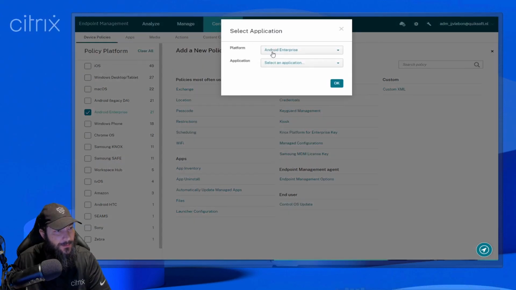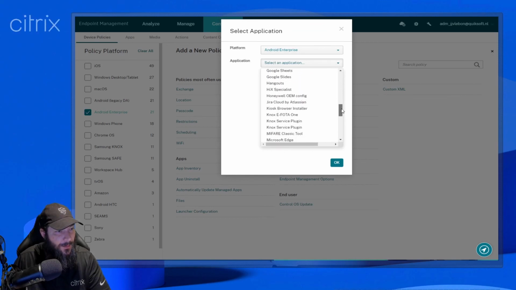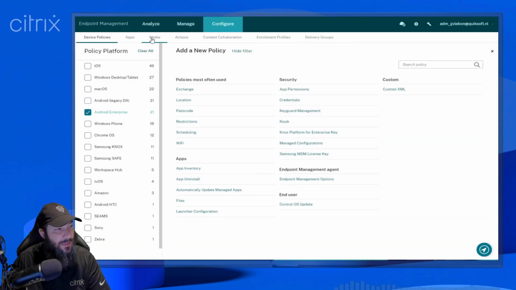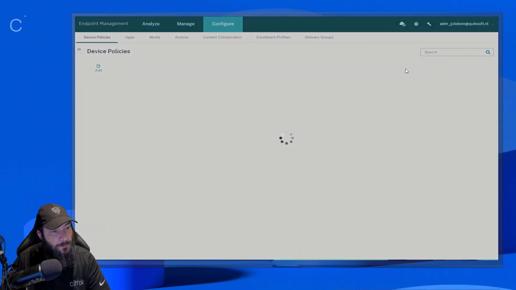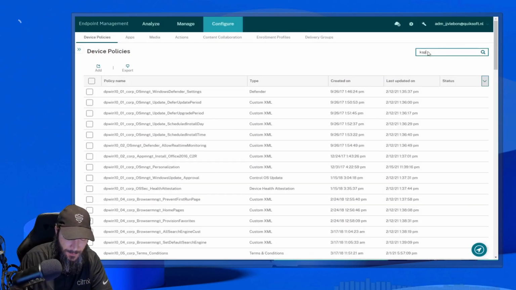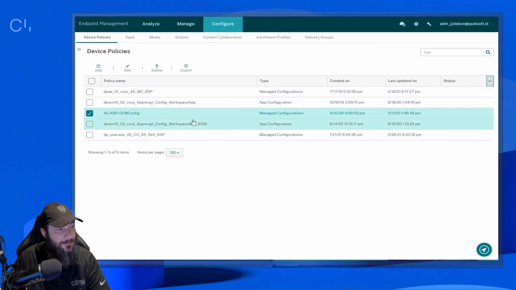You get a nice drop-down option, and you will see the Knox Service Plugin app here. That will read out that XML schema that we talked about earlier, and give you the ability to configure the settings. So we go to the OEM config one, which is the one